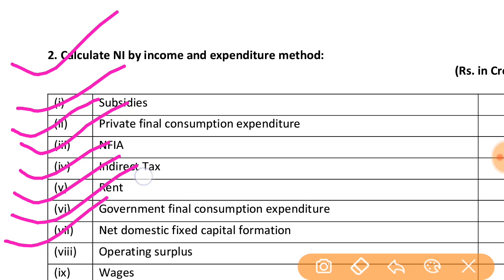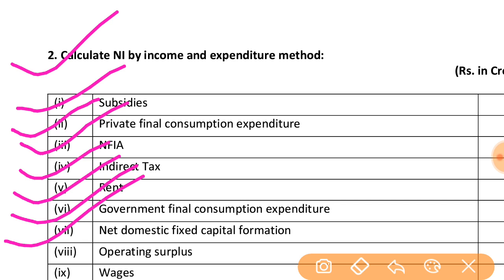So next, net domestic fixed capital formation. Net domestic fixed capital formation means what? Depreciation refers to the obsolescence and damage of fixed capital. Whatever capital or machine exists, whatever wear and tear expenditure arises, when we deduct that from the income, then we will get the net domestic fixed capital formation. It means whatever capital exists after deduction of the depreciation.